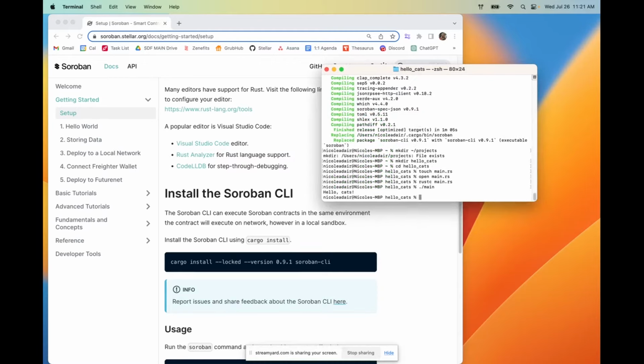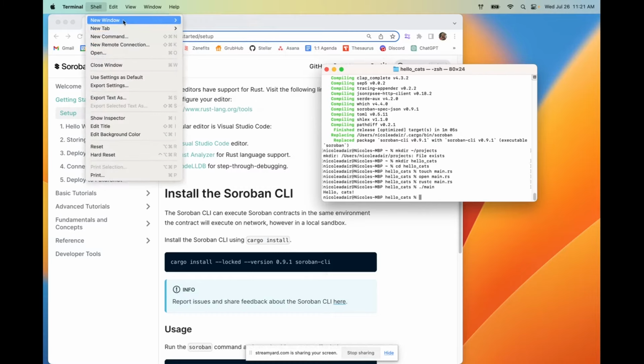The second thing that we're going to do is write a program in Rust for smart contracts. So we're going to write our first smart contract. In the terminal, I am going to open a new shell.